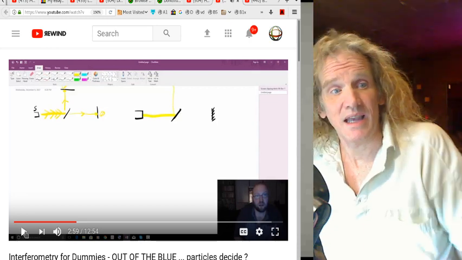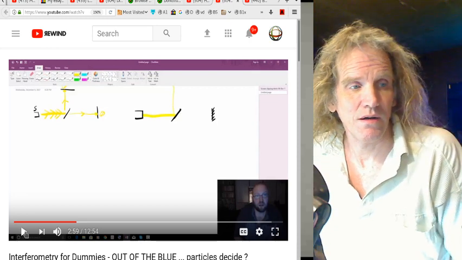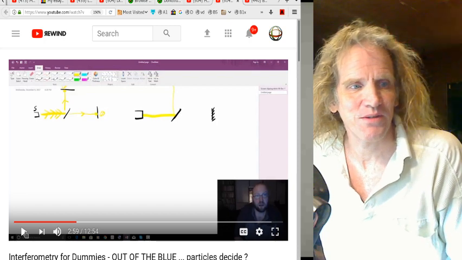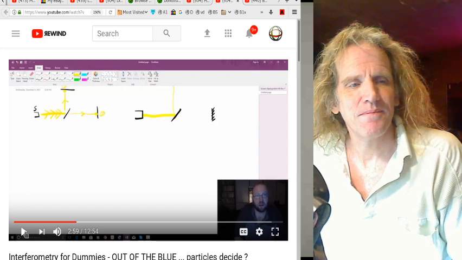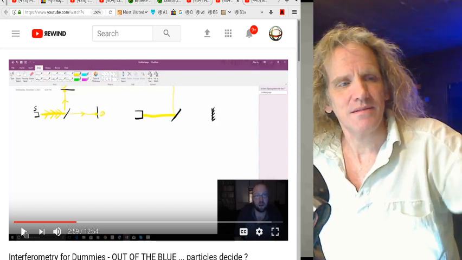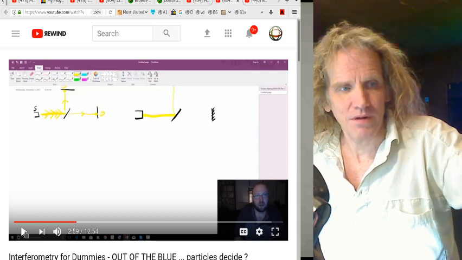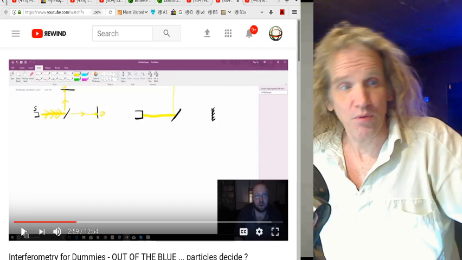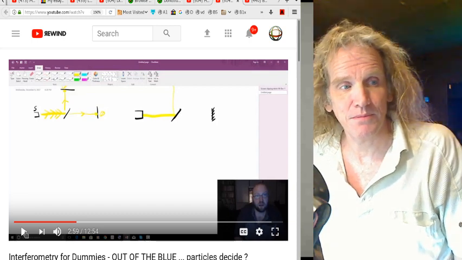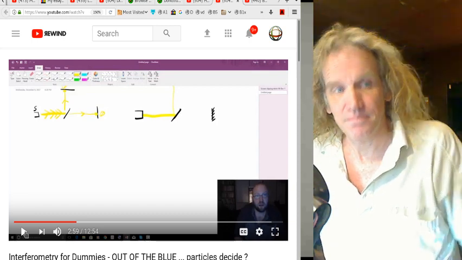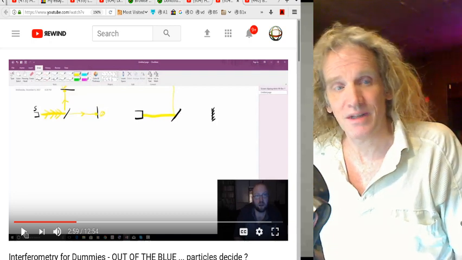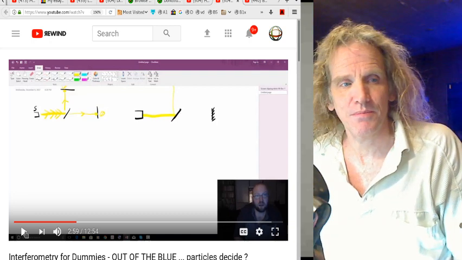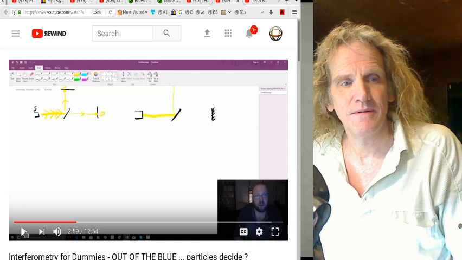I'll just say again, yellow isn't a great color, so but selecting colors, yellow isn't a very good one. So again, this for dummy part was just superfluous and useless. There's no point being made here. We know what a beam splitter is. That's not the issue. There's lots of issues about what happens in a beam splitter, and I guess I'll have to get to those.